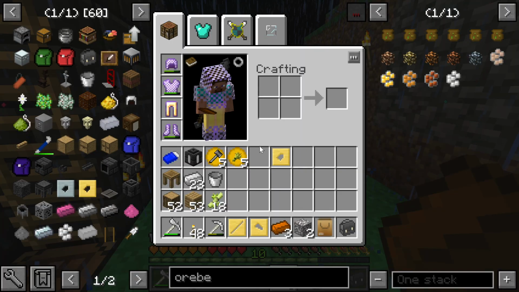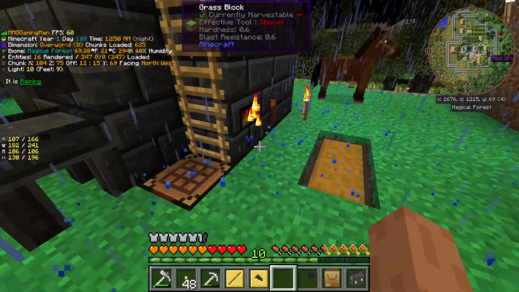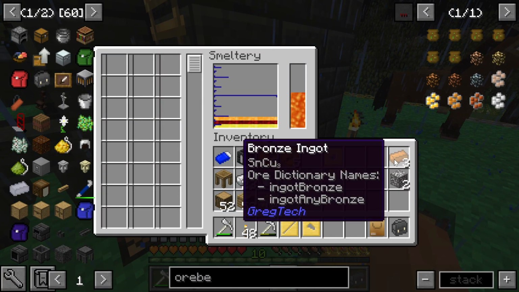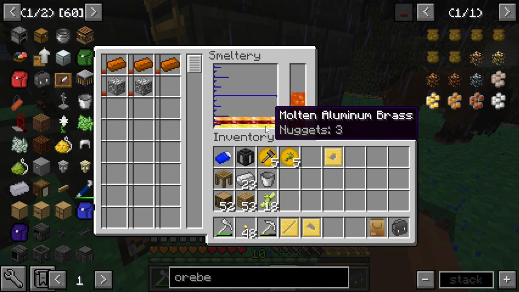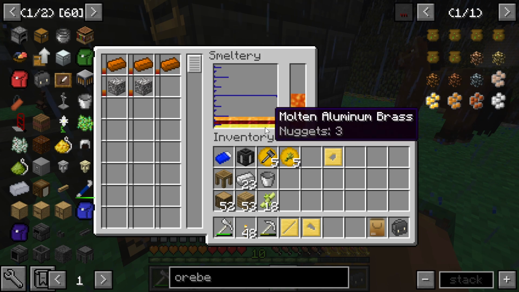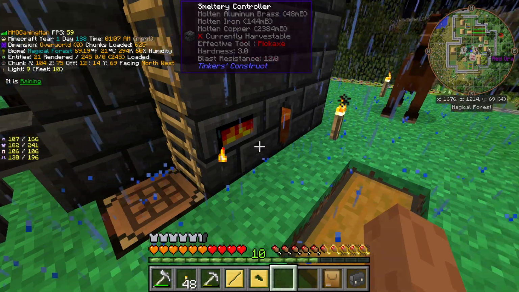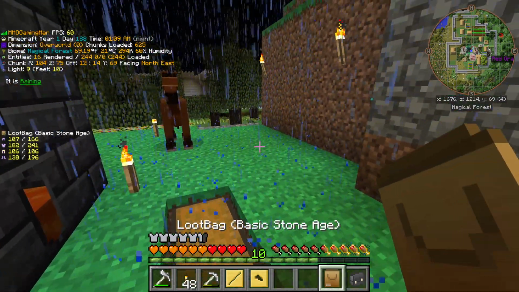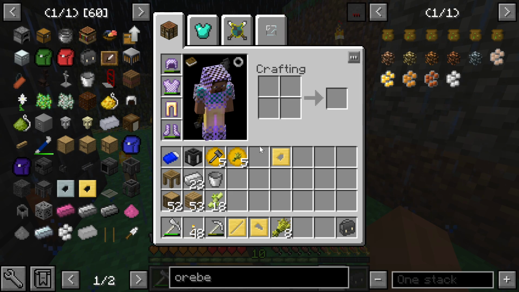What did we get? We got some bronze and aluminum. I guess we could just toss that in there. Let's do that. That'll give us a little more aluminum brass, maybe. We'll see how much it gives us. 3 of these and 2 of these. The 3 nuggets are hardly anything. So let's see what we get from this. Basic Stone Age loot bag. We got